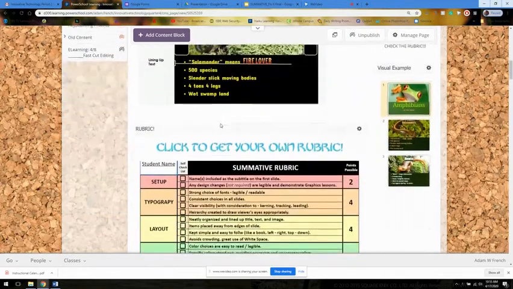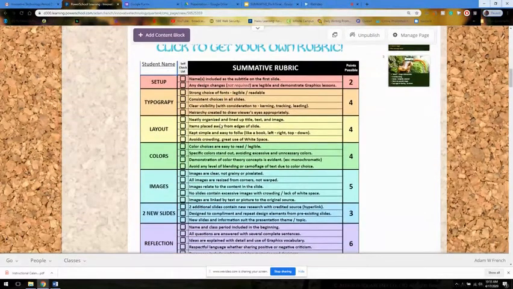And at the very bottom, I have the rubric. These are some of the things that I am going to be looking for when looking at your presentation. I'm going to make sure that you have all of your text following typography, in terms of choosing a font that's legible and readable and consistent across all slides. I'm looking for a neat and organized layout in terms of where the pictures are in relation to where your text is, and specifically going back to typography, the title is larger than your supporting information,